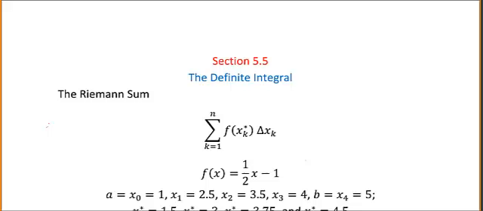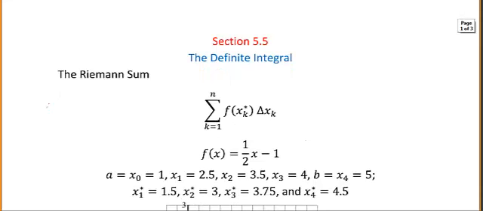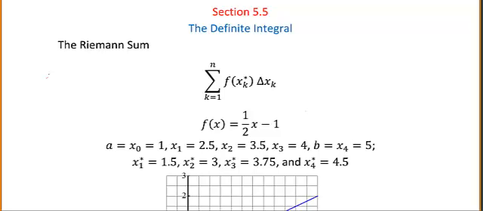I got an infinite number of functions depending on what that value of c was. In the case of a definite integral, we get a number when you calculate the definite integral. We're going to have slick ways of calculating the definite integral in section 5.6, but what we want to do is understand the definition. Now, the definition basically starts with what we call a Riemann sum, and a Riemann sum is chock full